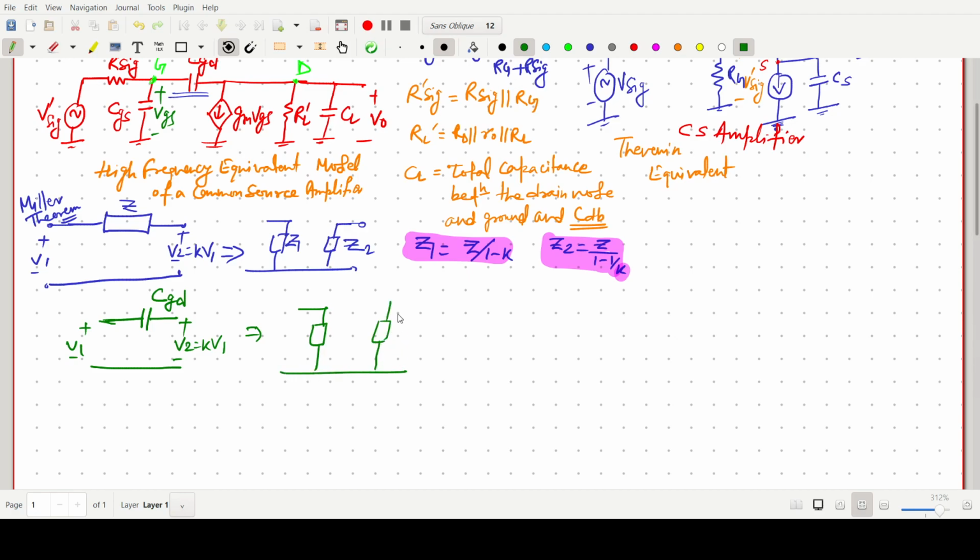This one is some capacitor, okay. So better to write capacitor, or you can also write this one, means the same thing. This capacitor is nothing but simply Z1 in terms of C1, okay, and Z2 is there. So this Z1, or we can write this one as C1 and C2.